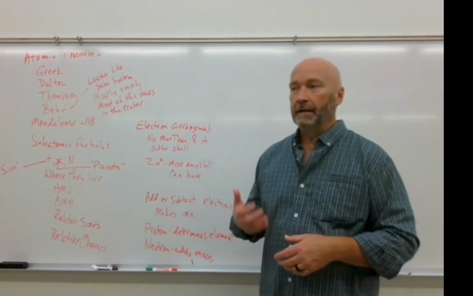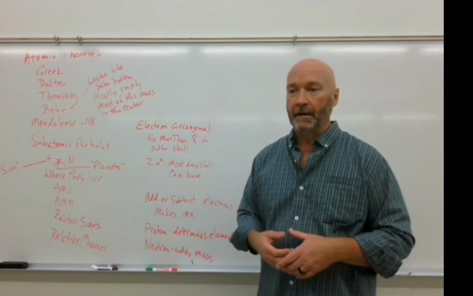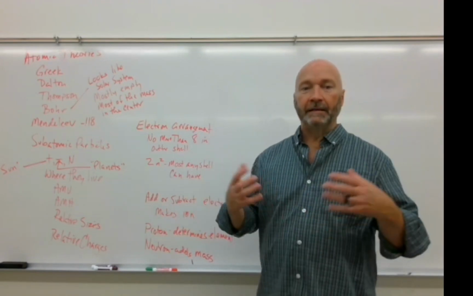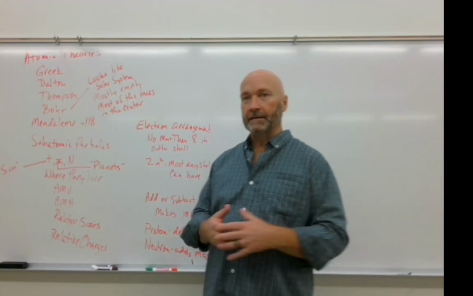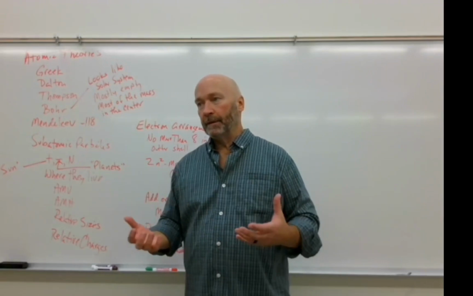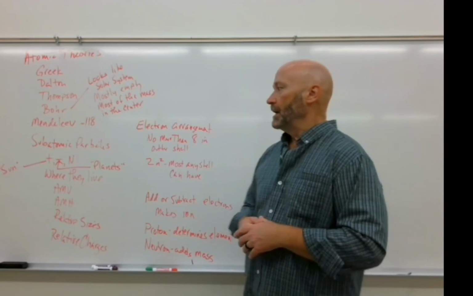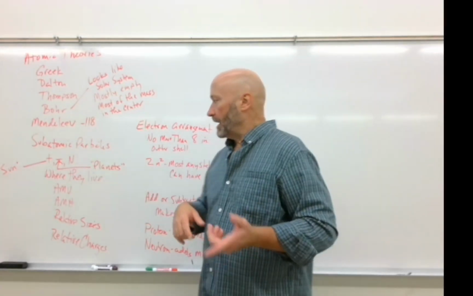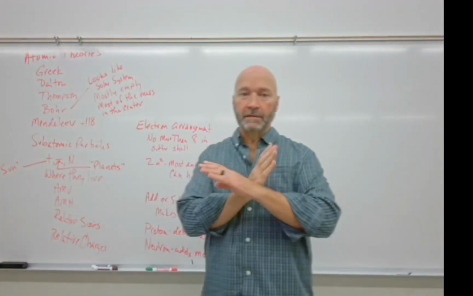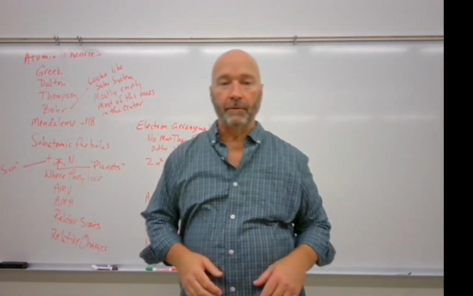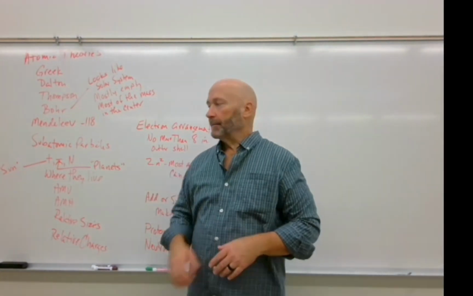So I have 3. Inside the nucleus of the atom, we have 2 of those. One would be the proton, one would be the neutron, and then the electrons would be in the shells around the outside, in the orbit around the outside of the atom, and those would be our planets, so to speak. So those are our electrons. Inside the nucleus of the atom, we have 2 subatomic particles. Those will be our protons. We're going to identify the protons as being positively charged, inside the nucleus of the atom.